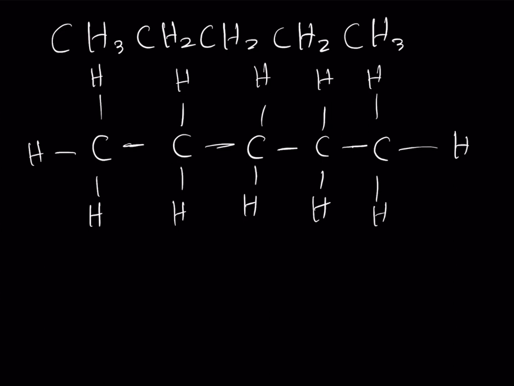So bond line structures look like this. First thing you have to try and figure out is how many carbons do you have in your main chain. So here we have 5. Right, we have 1, 2, 3, 4, 5. So then you start out by,